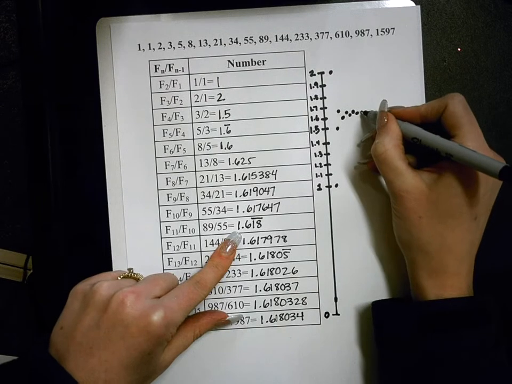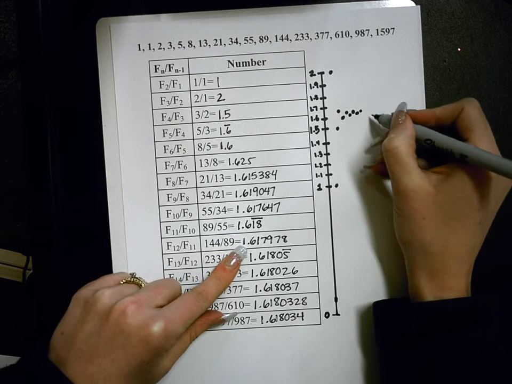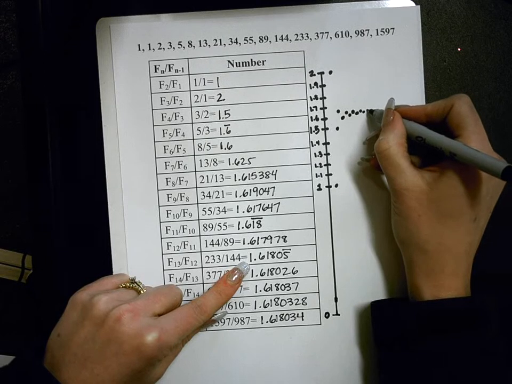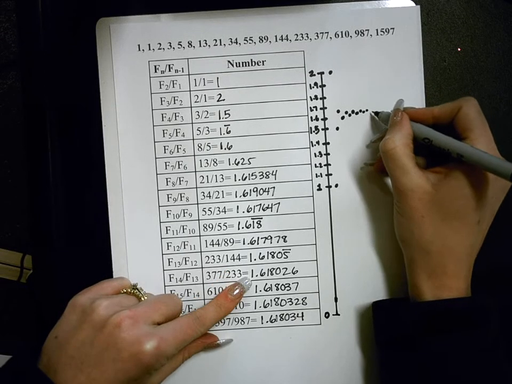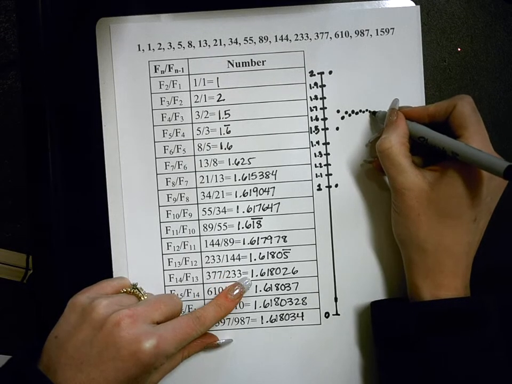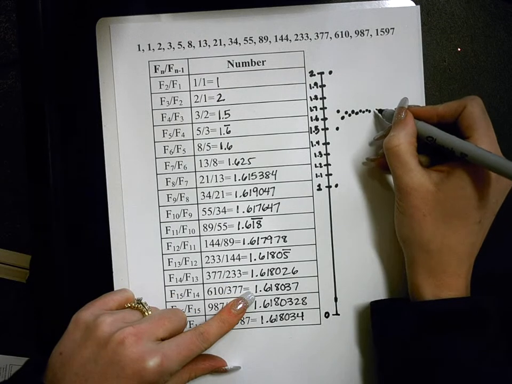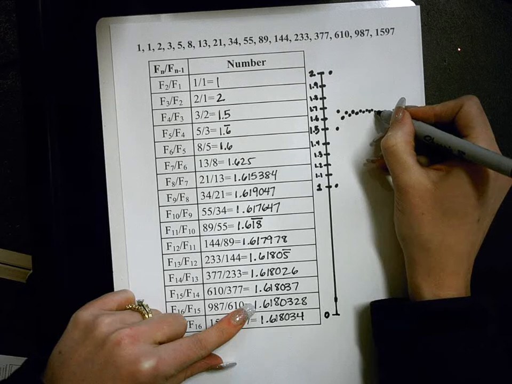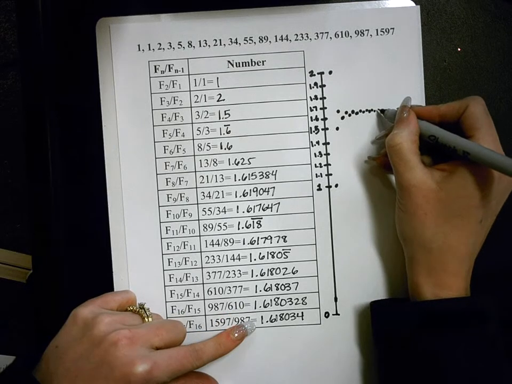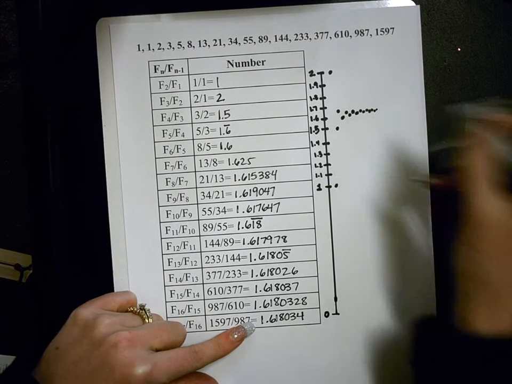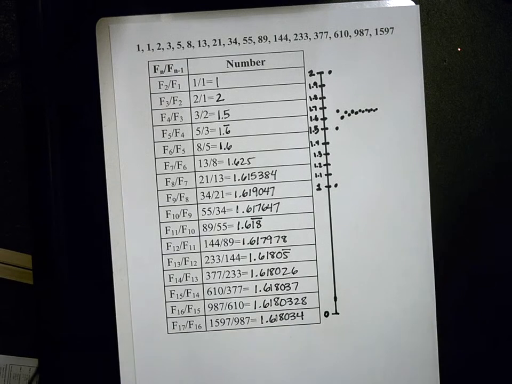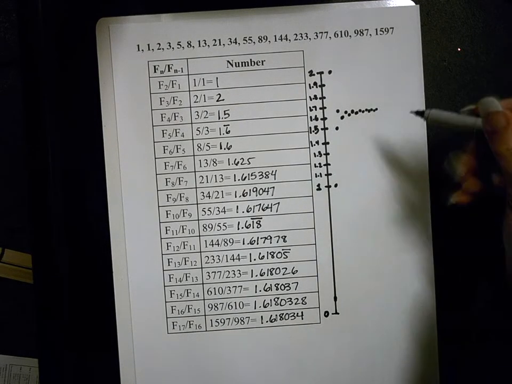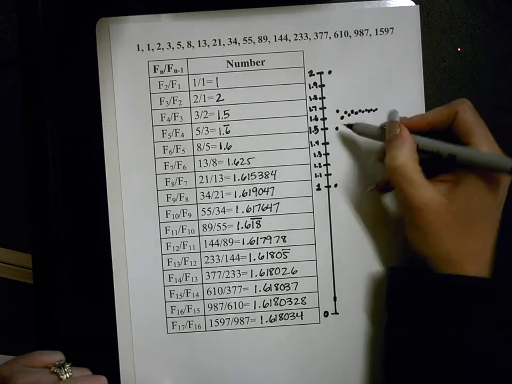And then 1.618181818. And then 1.617. And then 1.618, 1.61802, 1.61804. So what's happening is at the beginning we were kind of bouncing back and forth, but